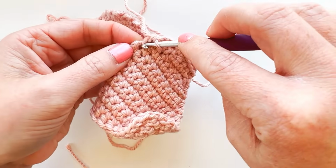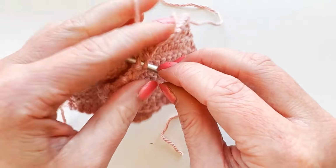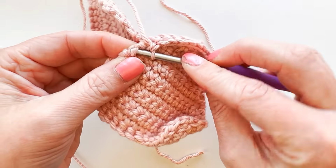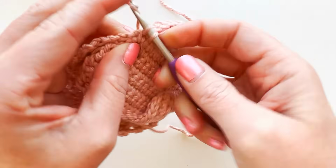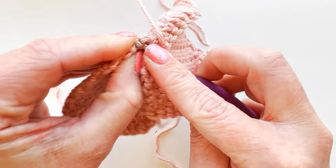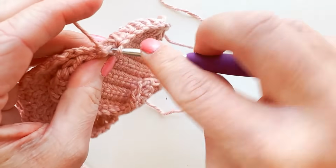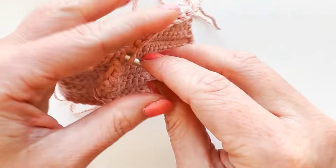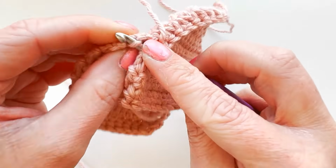4, hole, bar, 5, bar, hole, 6, hole, bar, 7, okay, 7, bar, hole, 8, hole, bar,